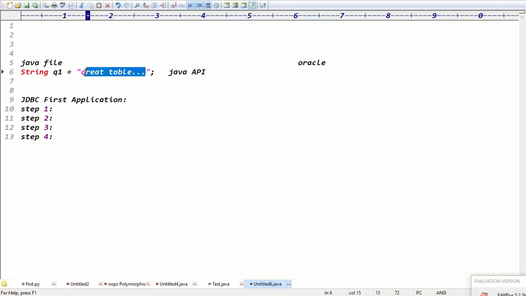But who will execute this query? This query is executed by the database, right? DB will execute the query, guys. What is the DB full form? Database engine, right? The database engine will execute the query. We are writing the query at Java side using Java syntaxes, but this query will be executed by the database. But what type of queries does the database require? Database can understand only SQL queries, right? Because the database doesn't know what is a string or what is a semicolon. The database requires only the plain query, right? Guys, yes or no?